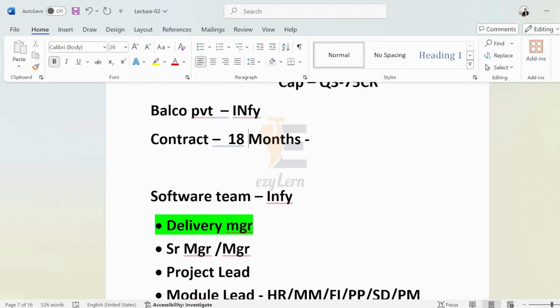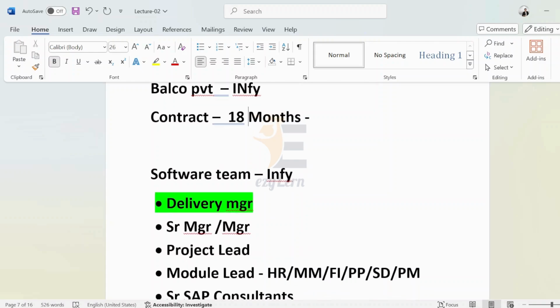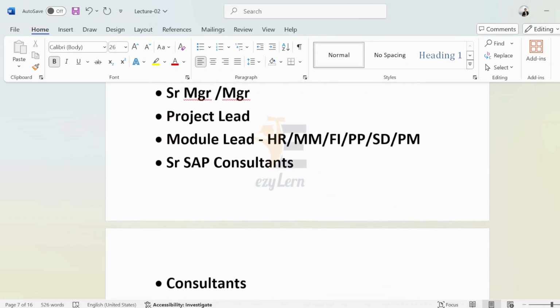Let's suppose they are trying to create a PO and they are getting some errors there. That is resolved by the support consultant. So that's a support project, and those errors we call tickets in real time. Support consultants resolve them and help the users. And sometimes consultants also help to train end users in the companies. Okay, they provide training too. So that's a support project.